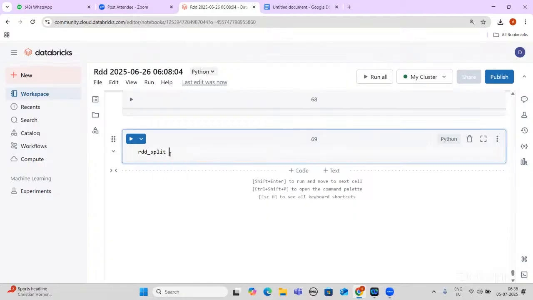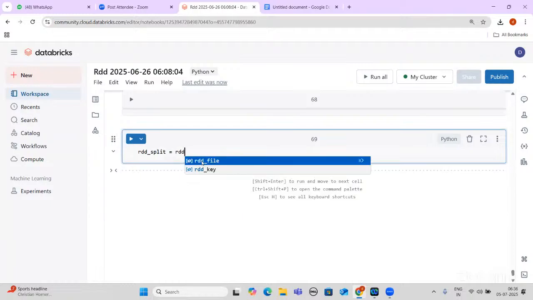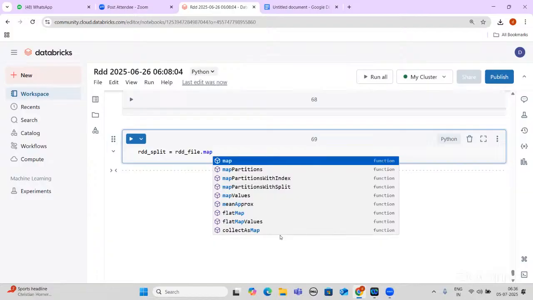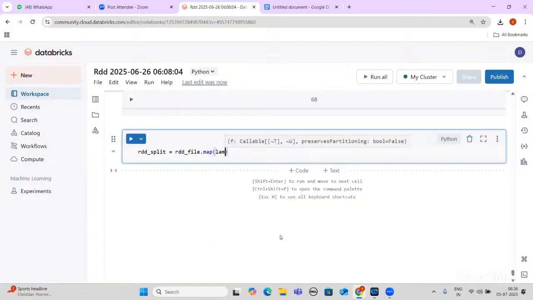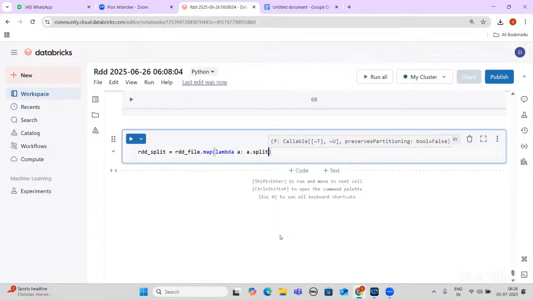Split equals RDD underscore file dot map, lambda a to a dot split, giving the space. So inside this, I need to write